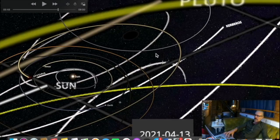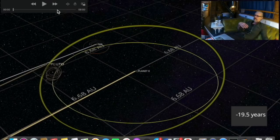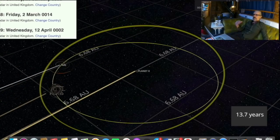So let's go forward now, and let's go back. Let's go way back, and just do a summary, an overview up to the time when they discovered Pluto. Just a quick kind of overview, and what I'll do is I'll put this counter over here. I'm just doing this to show you, not so much the Galileo Zodiac, I'm trying to give you something so you can understand the idea of